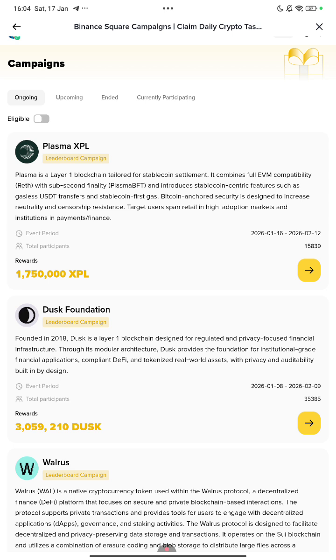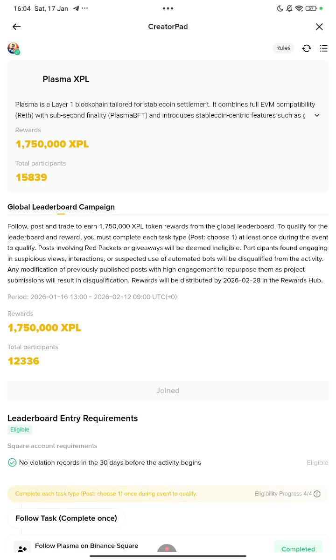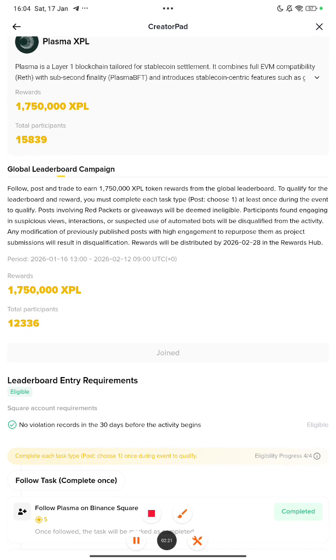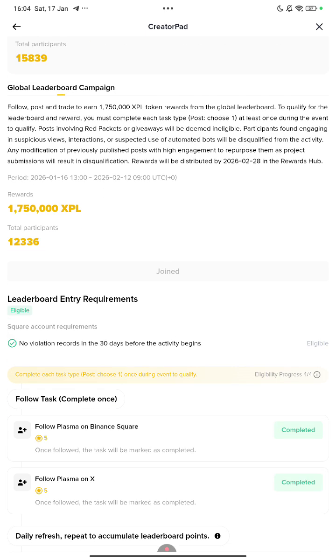So right now I am going to teach you about Plasma, which is a new one that I think the team introduced yesterday, and this whole month will be open for everyone. Okay, so you just click on this Plasma. Here you can see many things. First of all they introduce the project, and what you have to do. Here you can see a simple join button. So you have to click on that join button, then you may go below.